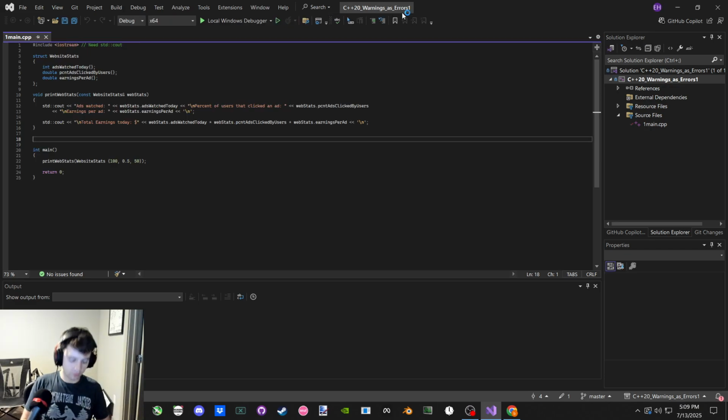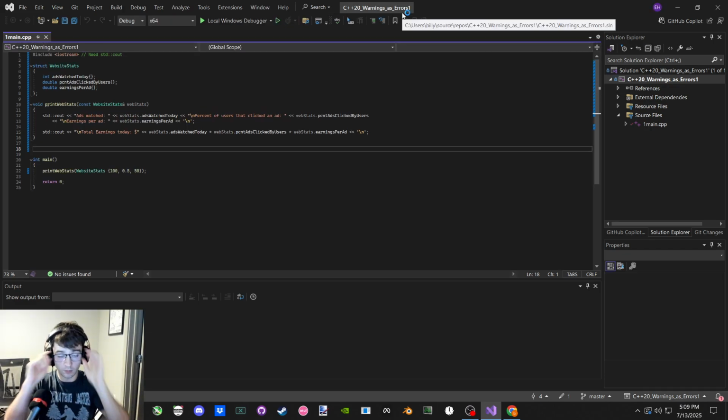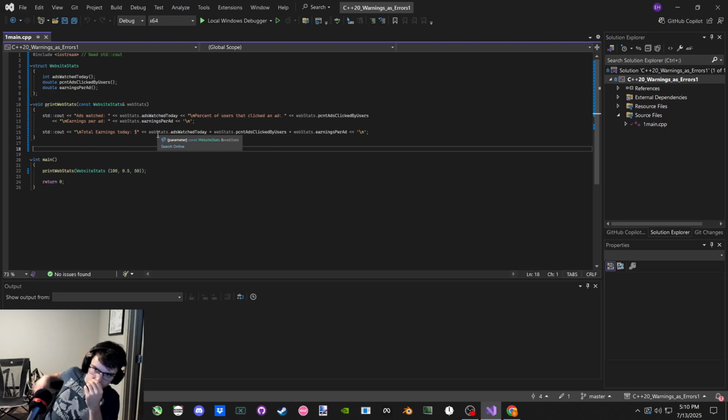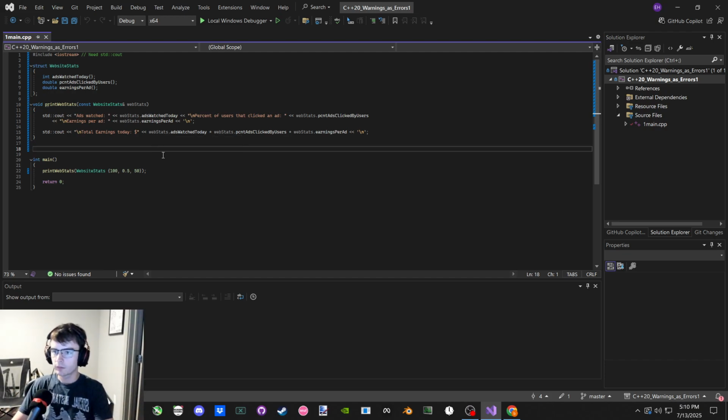with this struct for website stats, but we need to actually get the information from the user. How should I do that? Should I do one extraction thing and then it yields a temporary? I mean, I guess that could be one way. I could have a different function for each. That's also a lot of functions. Could just say,